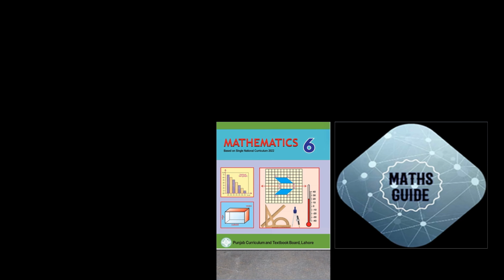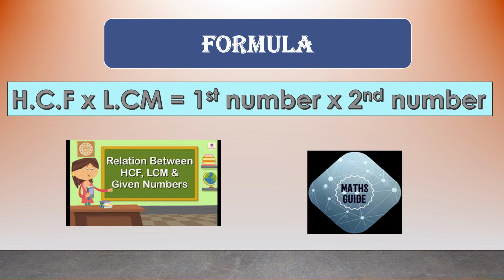solve problems more efficiently. As you all know, the HCF is the greatest factor of two or more than two numbers, which divides the number exactly with no remainder. While the LCM of two or more than two numbers is the smallest number which is divisible by given numbers exactly. After discussing these definitions of HCF and LCM, we will focus on the relationship between HCF and LCM along with